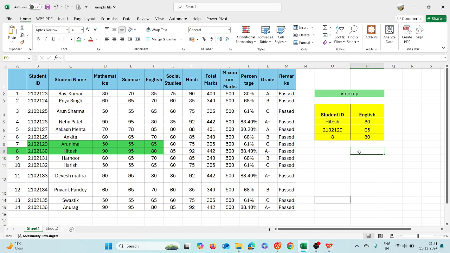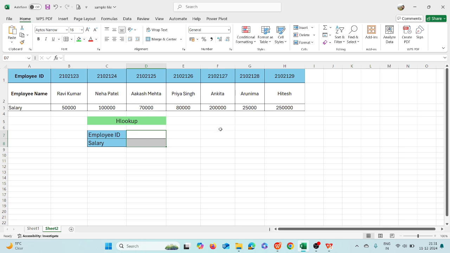I think you have got my point, right? Now the other thing is HLOOKUP, right? HLOOKUP is basically used in a horizontal manner. As you could check over here, we have noted the complete table in a horizontal manner.